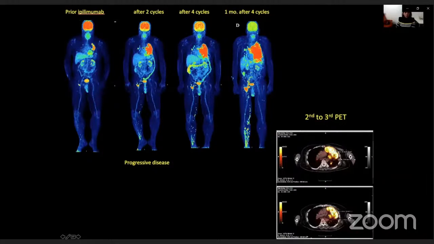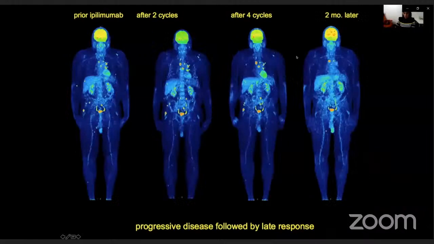So this is the baseline, the study after 2 cycles, after 4 cycles of ipilimumab, and then 1 month after 4 cycles. So in this case, the results are consistent, and the first follow-up was predictive with respect to the late follow-up. So everything is okay. But we had also different